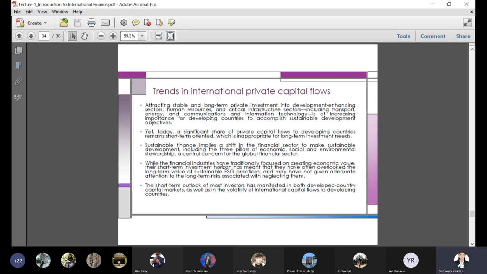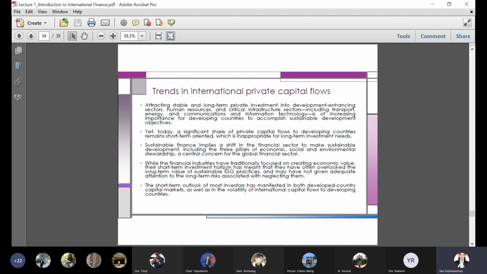However, until today, a significant share of private capital flow to developing countries has been found to remain short-term oriented in some of the countries, which is mostly not appropriate for long-term investment needs, or we can say not really sustainable and not for development. So sustainable finance implies a shift in the financial sectors to support sustainable development,